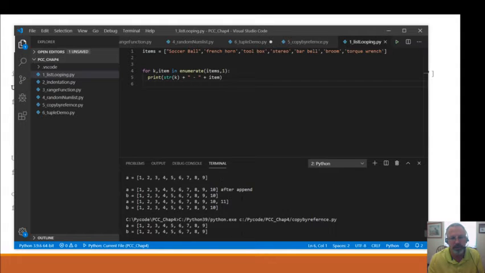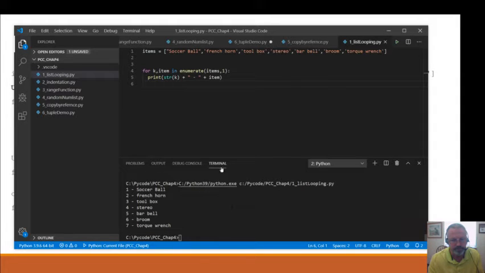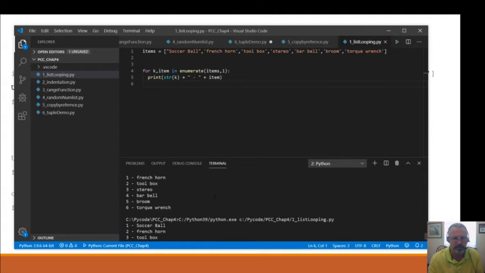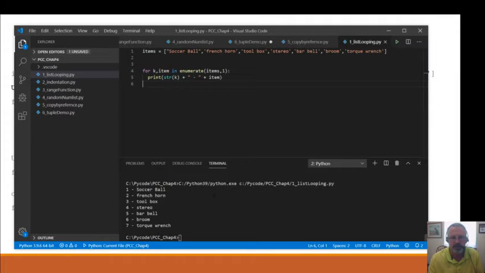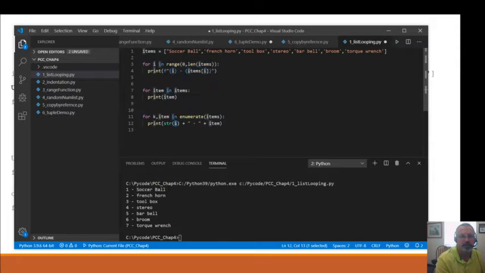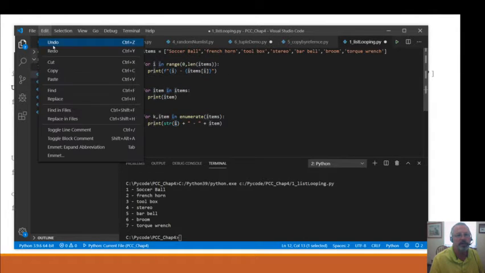Just like when we did the previous one, and we said, hey, let's do the, does it keep it? No, it didn't keep it. Okay. When we did the previous one, saying just for item in items, print it out, it does the same thing, only this one allows us to assign numbers to it. So it's not quite the same. Let's go back and look at all of these here.